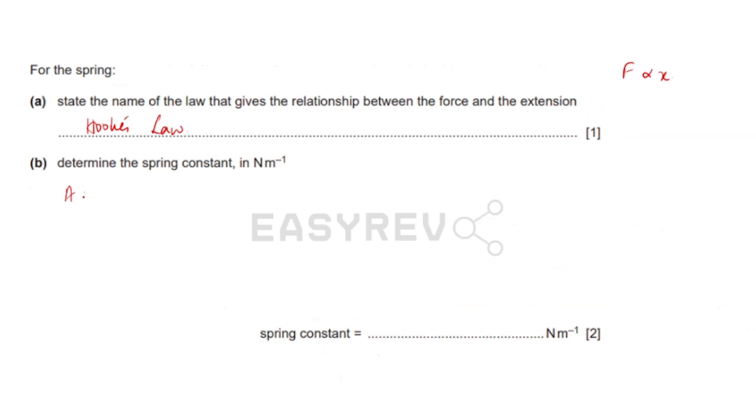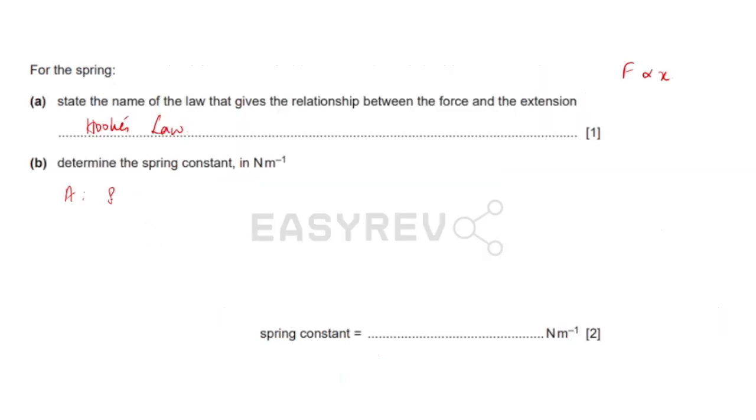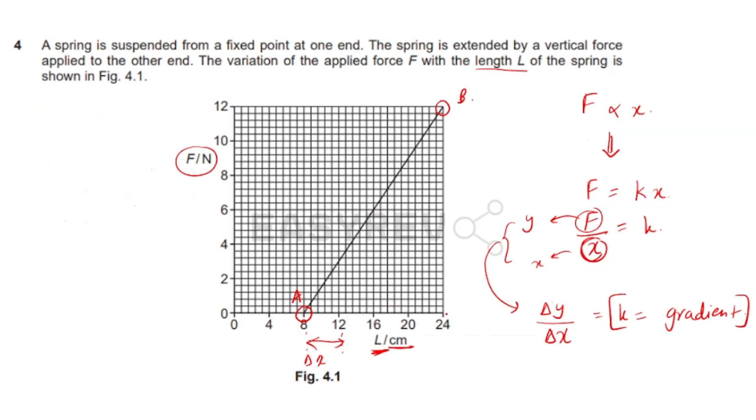For point A we have a length of 8 centimeters. And I'll be sure to write it in meters. That would be a division by 100 and we should get 0.08 meters, right? And at point B, the length that we have is 24 centimeters, which is the same as